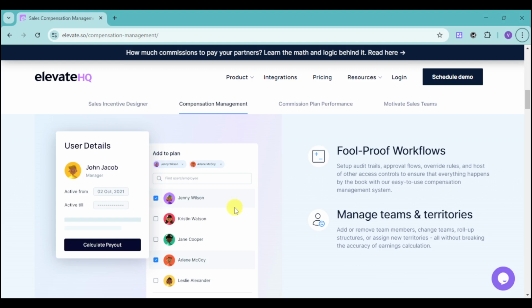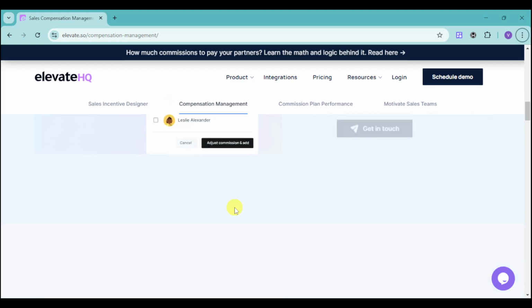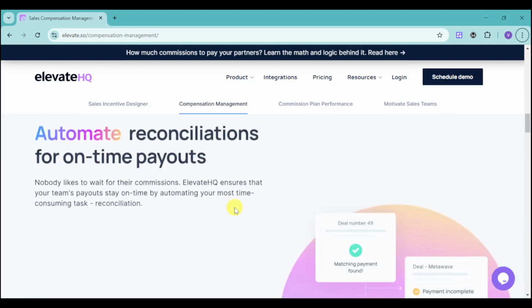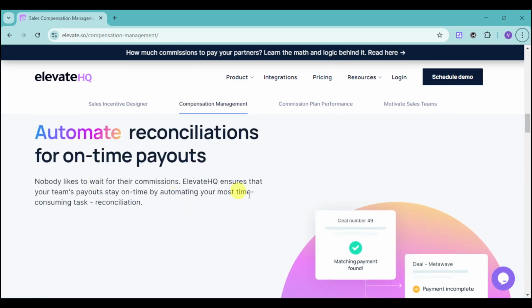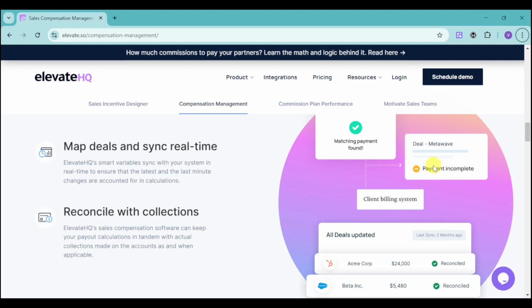So those right here should be able to actually show up onto the dashboard itself. In here, you can use Elevate HQ to automate those on-time payouts, having workflows so that those payouts will be reconciled as well as paid on time. We also have map deals and reconcile with collections for those particular company products that